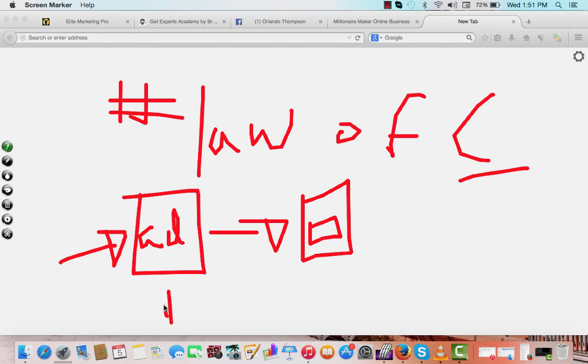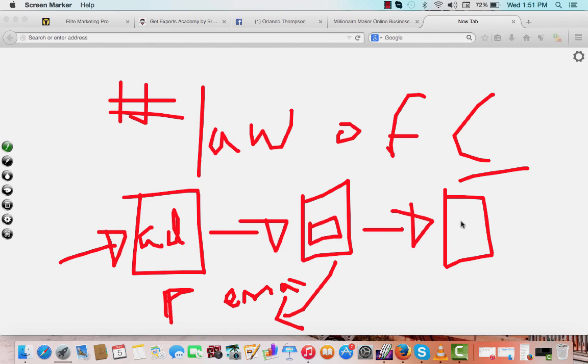With the ad, there's only one thing we want the ad to do, and that is get someone to make a decision to click on a link. That's all we want the ad to do. With the capture page, all we want it to do is capture someone's email address so that we can follow up with them later through email marketing, right? And then after someone enters their email address, we take them to either a training video or a sales video where we get them to buy our products. So this is what a sales funnel looks like, and inside of that we have the law of